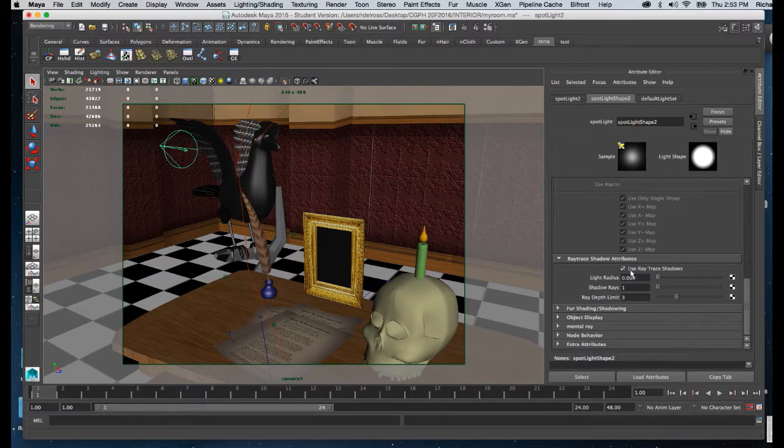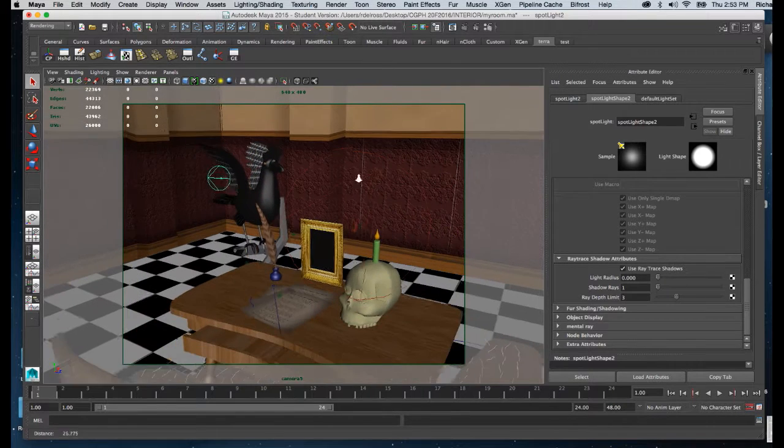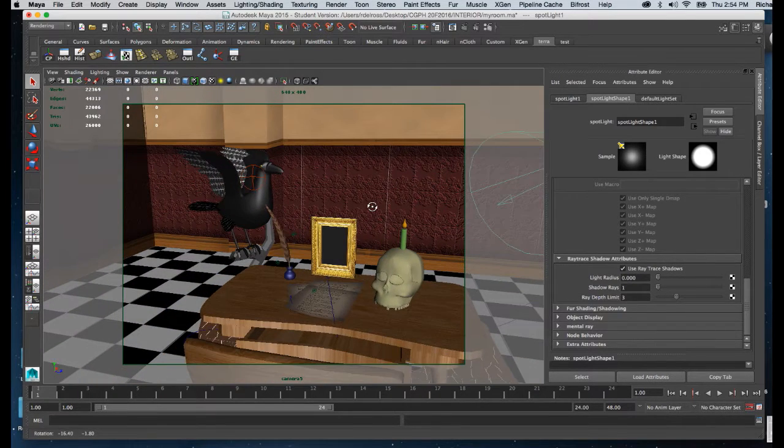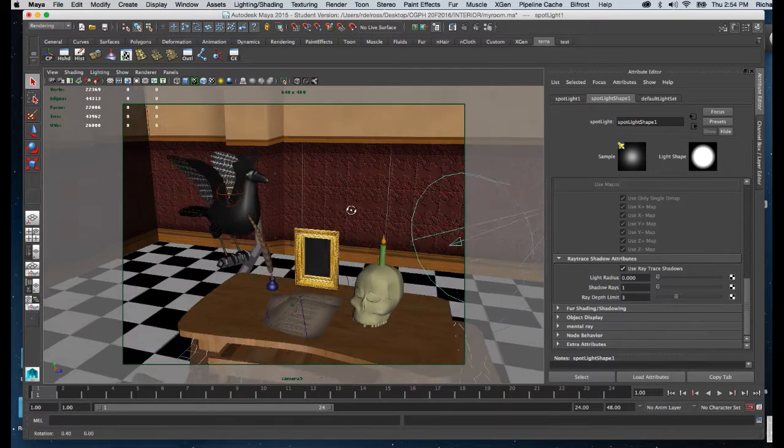I'm going to scroll down to the bottom of the attribute editor, and I'm going to make sure that Ray Trace Shadows is checked off. It should be checked off for any light that's going to be casting a shadow. So I'm just making sure that that is so. All right, so now I've got that taken care of. And the next thing I need to do is